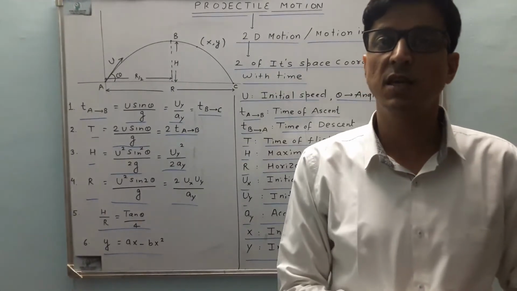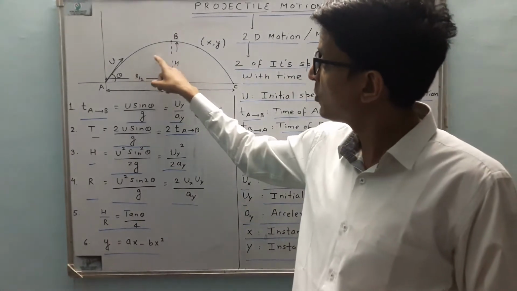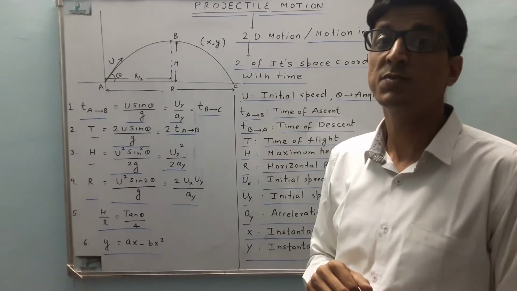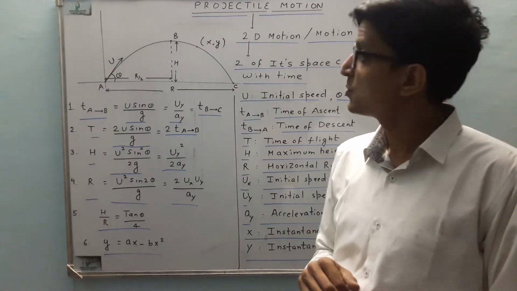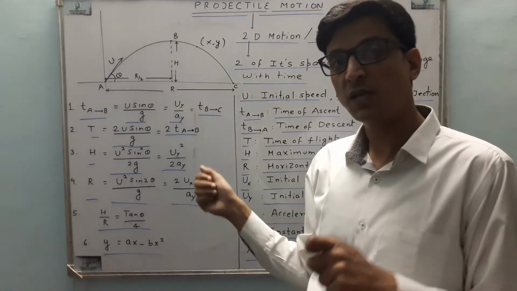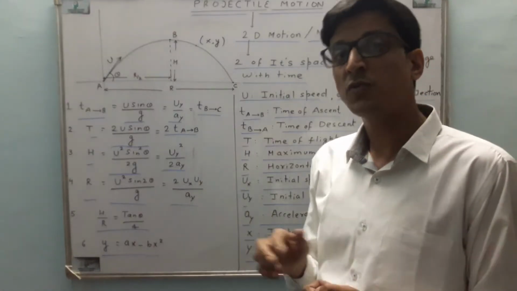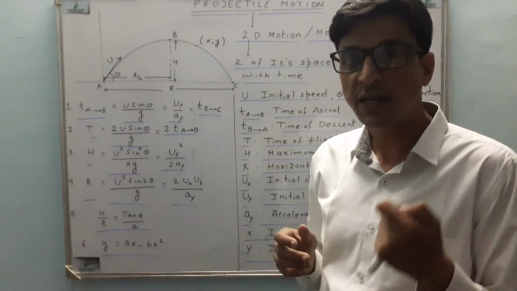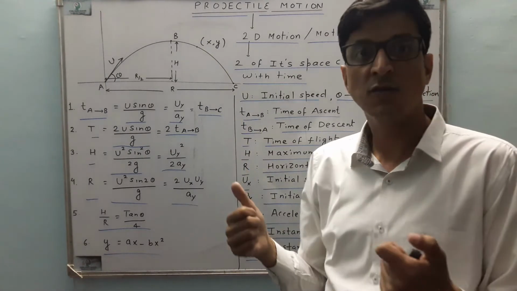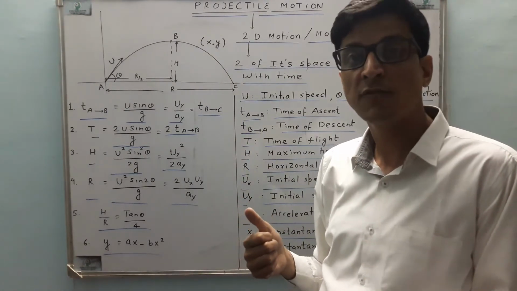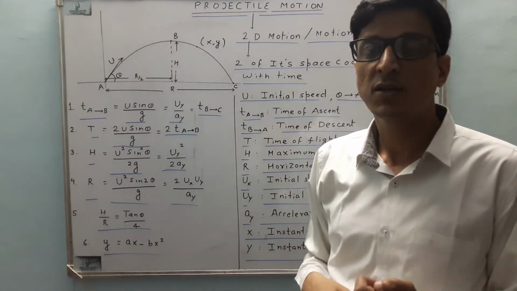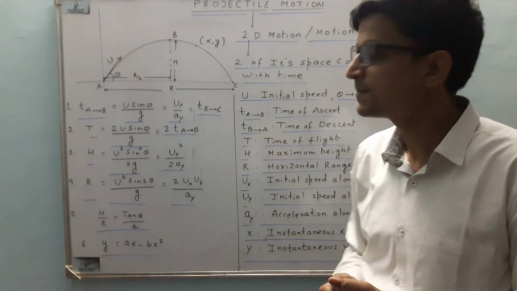If air friction is there, then time taken from A to B will be less than time taken from B to C, because friction opposes velocity. During the journey from A to B, velocity will be upward, so gravity will be downward, and the force due to air friction will also be downward. So it will decelerate at a larger rate. While when it moves from B to C, the velocity is downward, so the air friction will apply a force in the upward direction. Gravity will be downward, so less resistive force will be there. So time will increase. That's the simple logic for that.